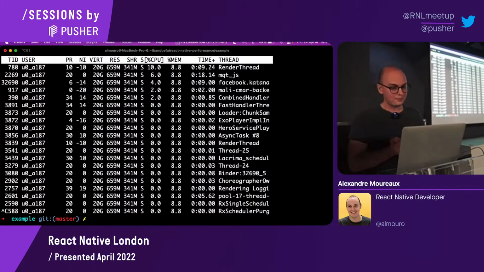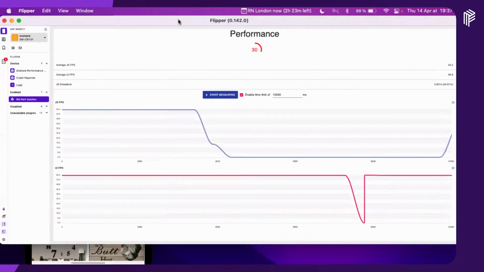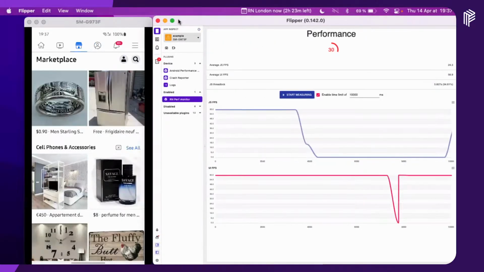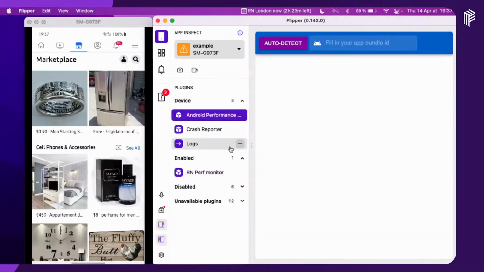I've done that and made it into a Flipper plugin so that you don't have to do it yourself. So I thought now we could have a little bit of fun with it. I'm not exactly sure it's published yet, because I published it this morning and apparently it takes a while. But anyway, I'll give you the links at the end.